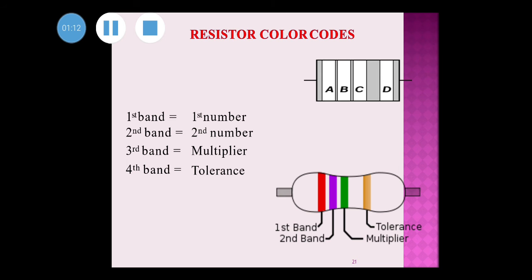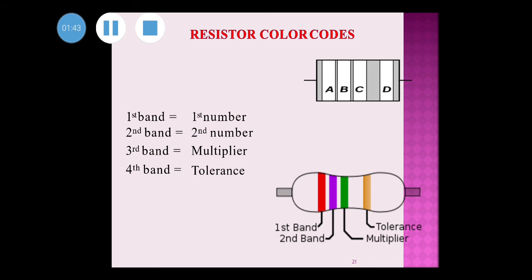There are a few color bands, color markings on the resistor. In some resistors there may be 4 color bands, and in some resistors there are 5 color bands. Here we are going to discuss how to find the value of the resistor using these color bands. We are going to make use of a 4 color band resistor.